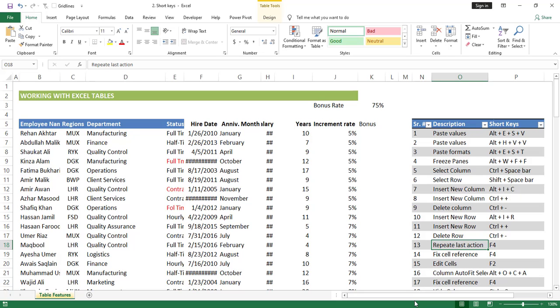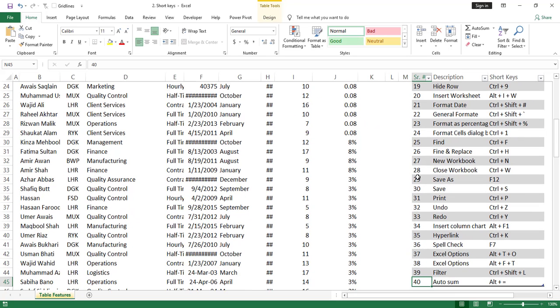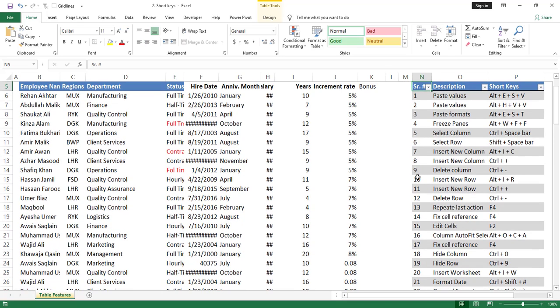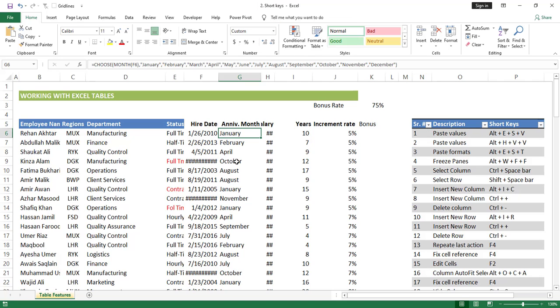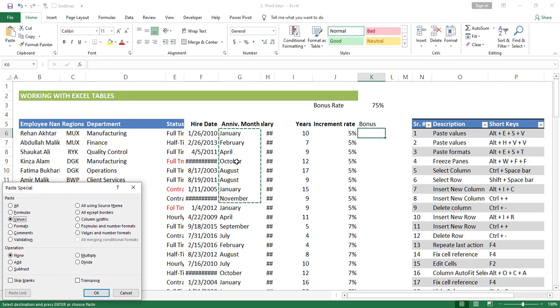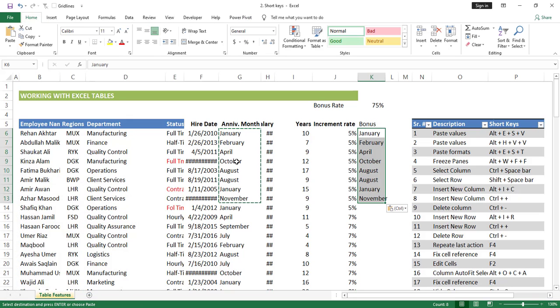Okay, I'm here in my Excel sheet, and as you can see, I have listed all these 40 keyboard shortcuts right in front of my practice data, and I will provide this file as a downloadable link for your own practice. Let's start from the first one, which is my favorite one, and that is pasting values. Here I have got some formulas. If I copy them and paste as values by using Alt ES V and Enter,